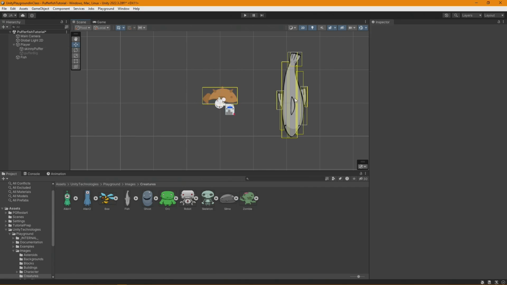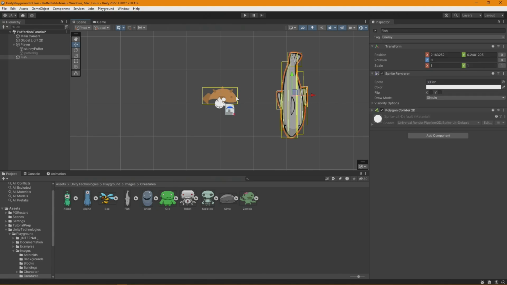Now, I could take this a few steps further where I'm adding a UI, I'm placing health on my character, and then I'm also giving my enemy the ability to hurt me when I'm not in puffer state. But those have been things that I've covered in other tutorials, so go ahead and try and implement those from the other tutorials if that's what you're after,